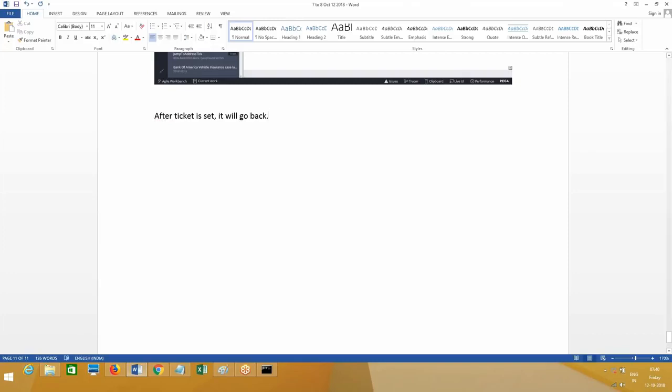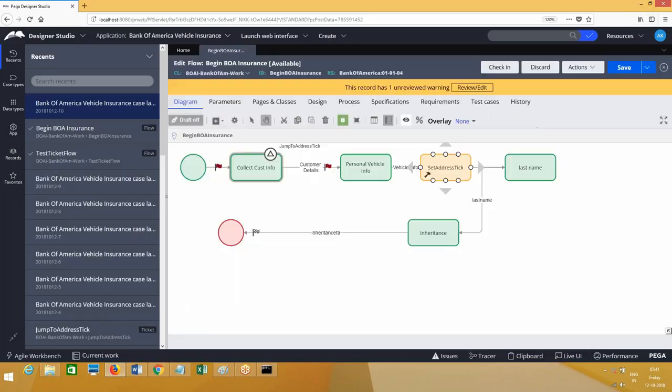Using a ticket, what we are doing, we can also do in another way. Can you tell me what the other way was? You know already. After ticket is set, screen plus card, screen plus you manually access, without manually accessing, you can use a decision shape and implement it. Okay, now, so in the backward direction also ticket is working. This is clear, everyone. Now we'll do one more test case.